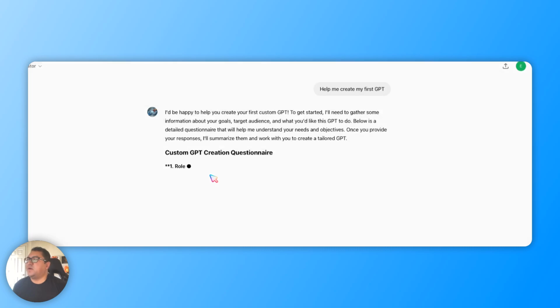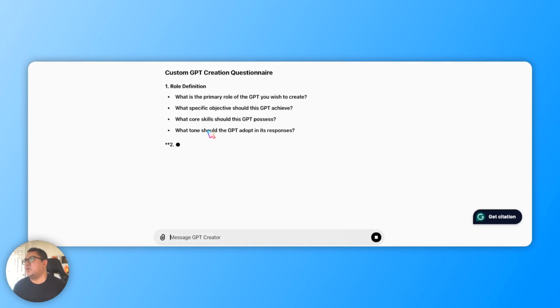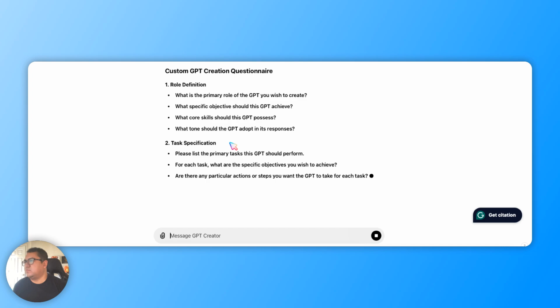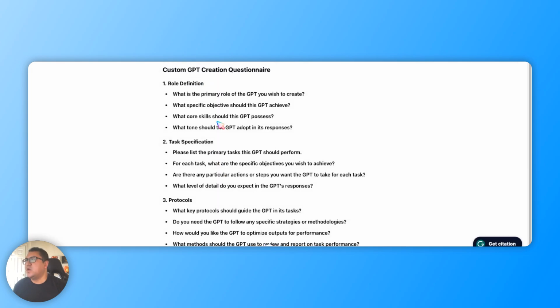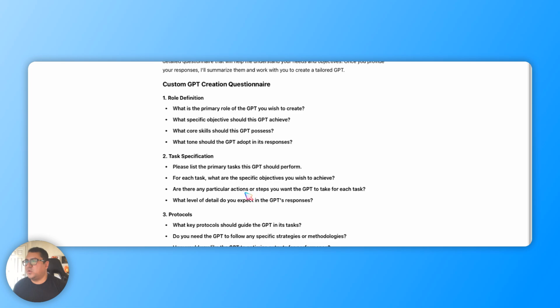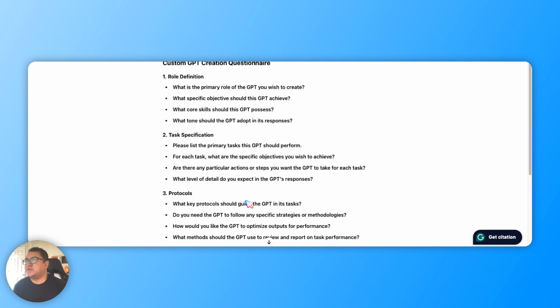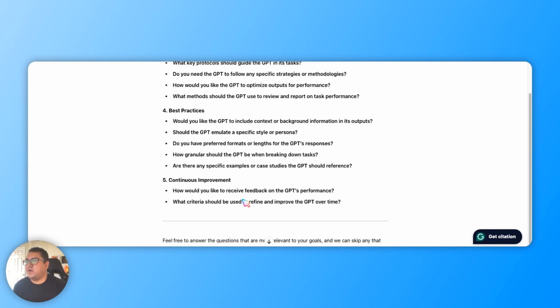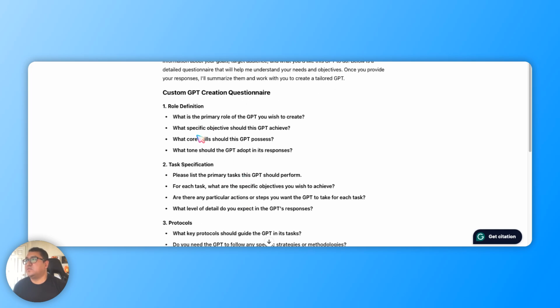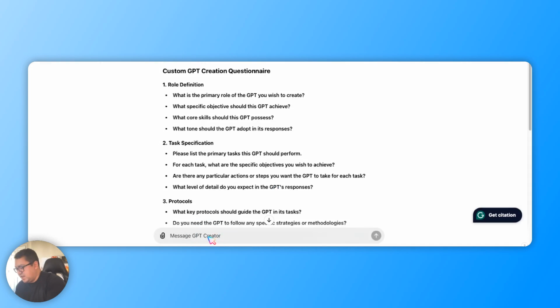Alright, so then it's going to prompt you this questionnaire, basically asking you all these questions about what you want to add in this GPT, right? So for this example, I'm not going to go through all the questions. If you do want to create your very specialized GPT, I would suggest go through all these questions, but I'll show you right now an example of how you can also get the GPT to help you answer all these questions. So for right now, let's just say I want to build a GPT